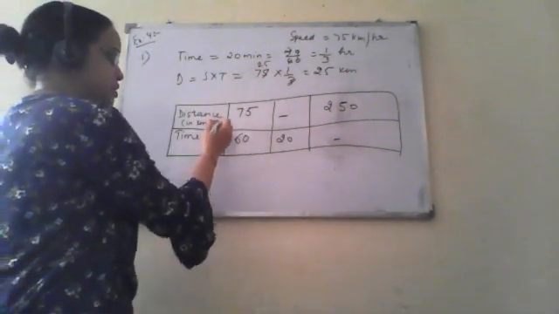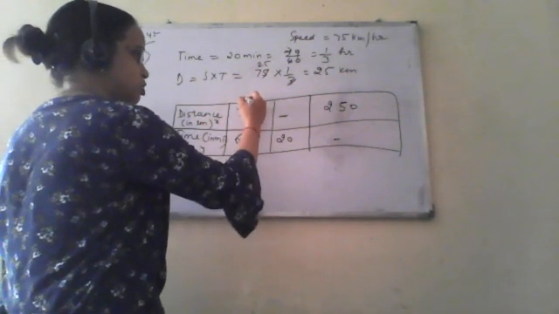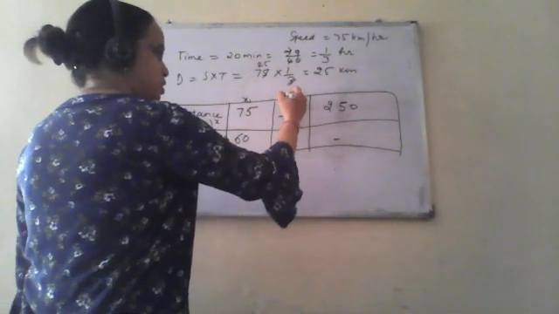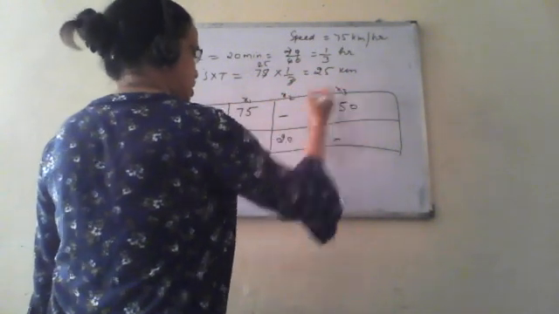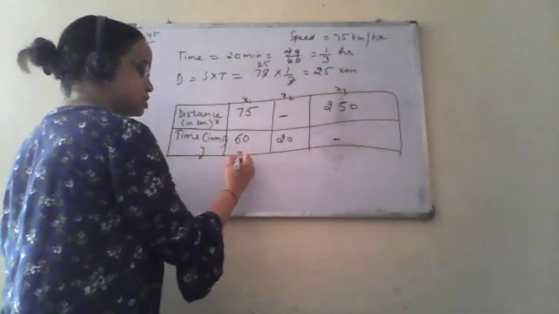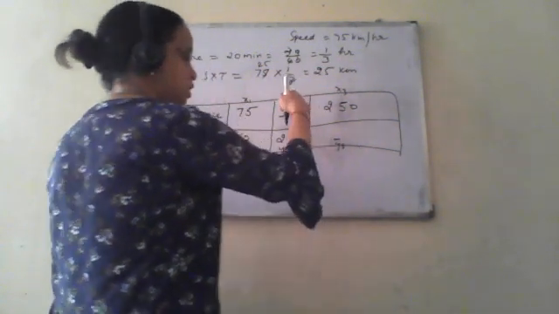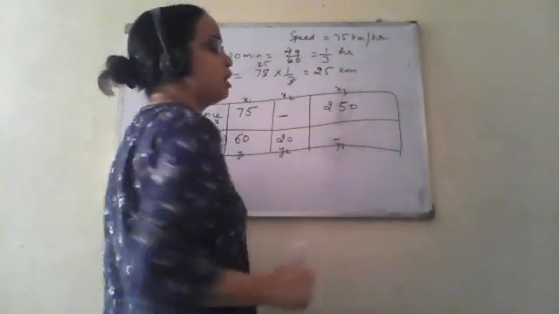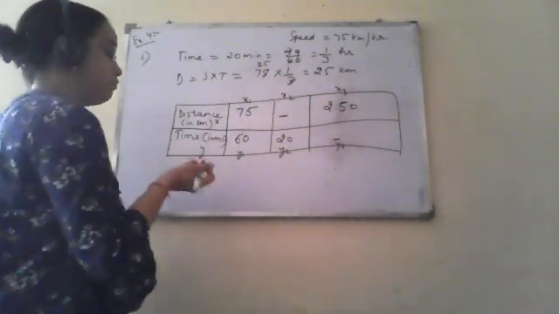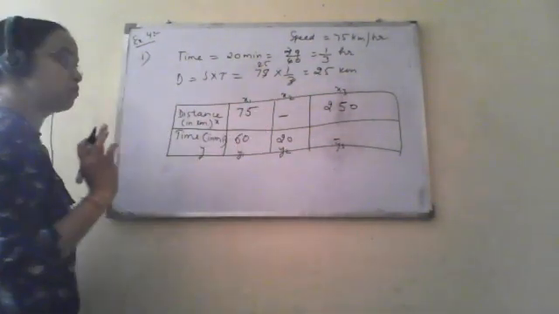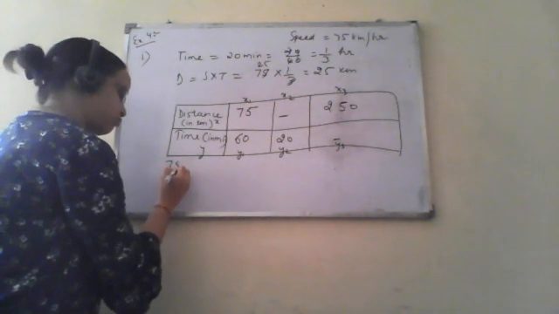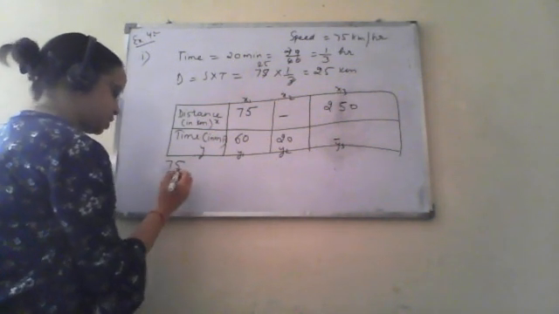Now this is x, this is our y, these are the corresponding values of x1, x2 and x3. These are the corresponding values of y. This is y1, y2 and y3. We have to calculate x2 and we have to calculate y3. Now what I have told is that these ratios will remain the same. That is 75 upon 60, or